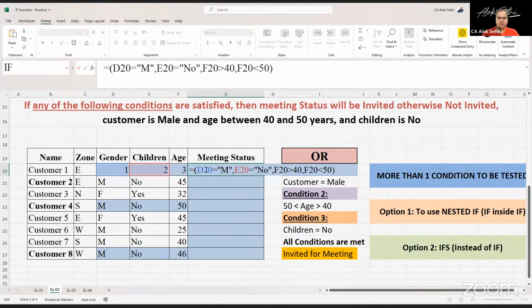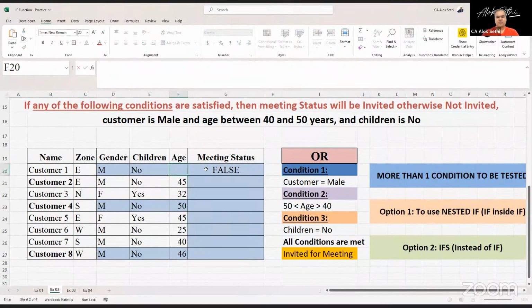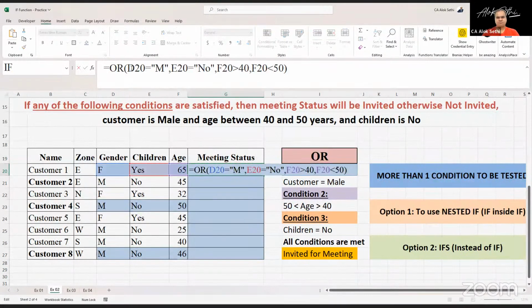तो नहीं आना चाहिए। इसको AND करते हैं। AND में देखिए FALSE आ रहा है, क्योंकि वो कंडीशन ही नहीं है। ठीक है, अब मैं यहाँ लिखता हूँ Male, यहाँ लिखता हूँ No, और यहाँ लिखता हूँ 35, यहाँ लिखता हूँ 45। अब TRUE हो गया। तो AND is functioning properly, but OR में कुछ गड़बड़ है। अब इसको चेंज करते हैं, इसको Female कर देते हैं, इसको Yes कर देते हैं, और इसको कर देते हैं 65। FALSE होना चाहिए था।